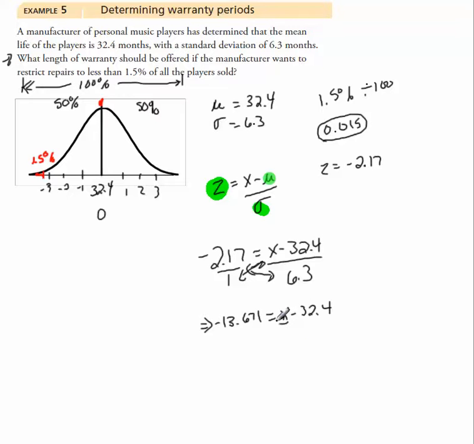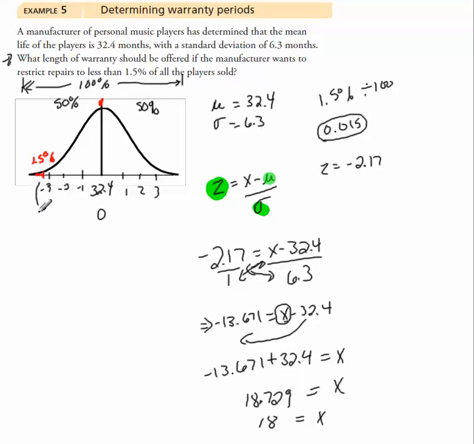So we need to find our x value. I'm going to move the 32.4 over to the other side. So -13.671 is there. Add on the 32.4 and we'll get our score. So we have 18.729 months. Well, we'll say an 18-month period. So in terms of number of months,